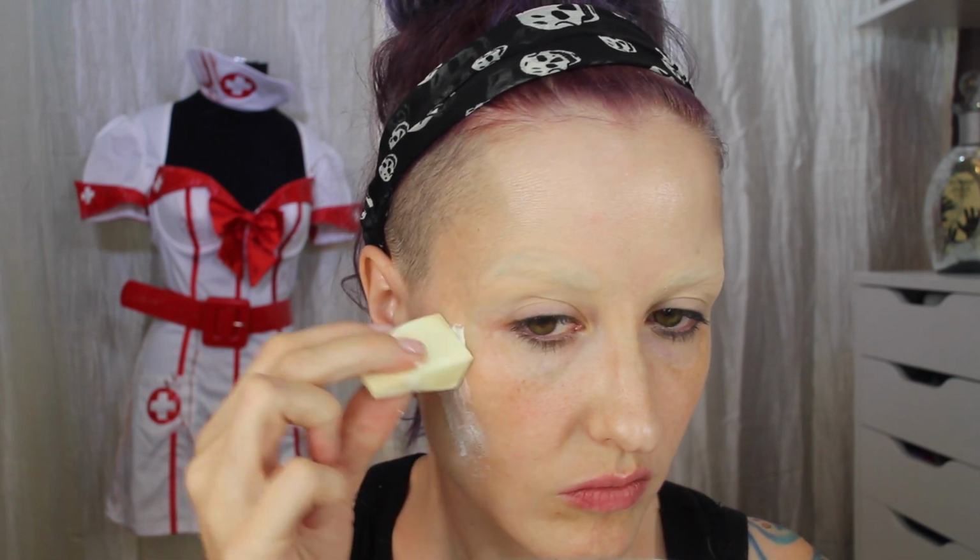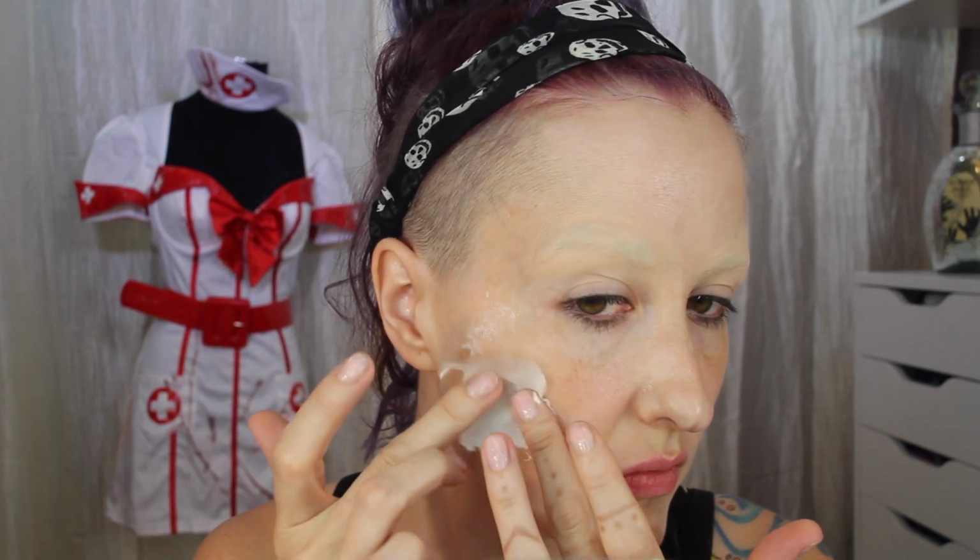First, we're going to take the liquid latex and a cosmetic sponge after we pour a little bit into our dish, of course. Sorry if I sound a little nasally, I'm a bit under the weather at the moment. And you're just going to take that liquid latex and stipple or paint it on, whatever words you choose. Just going to get a layer of that onto the skin where you want the scarring to be, and then lay down a layer of tissue,